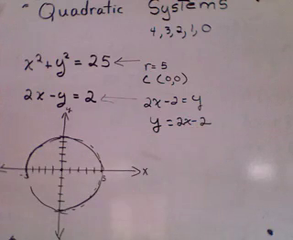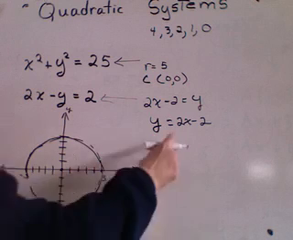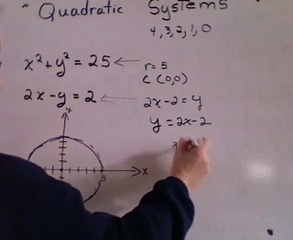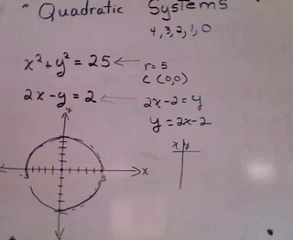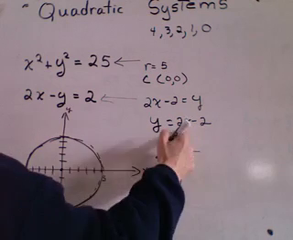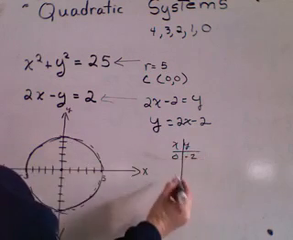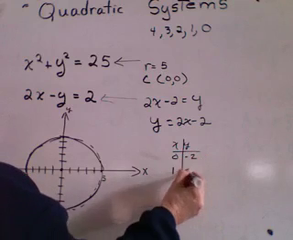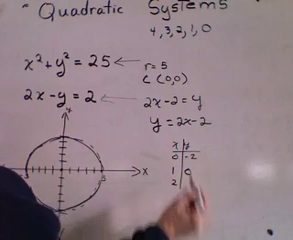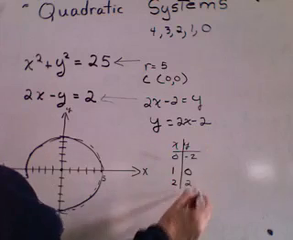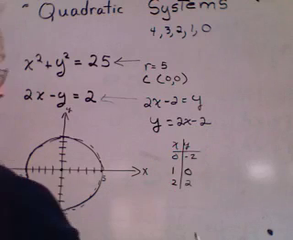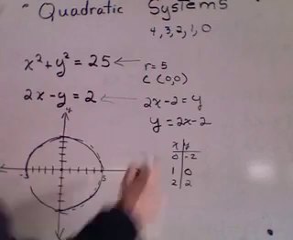Now, there's a couple different ways you can graph the straight line. You can make an xy chart and just plug in some numbers. If x is 0, you get negative 2. If x is 1, you get 0. If x is 2, 2 times 2 is 4, minus 2, you get 2. 3 points is usually enough to get a good sketch. You can also